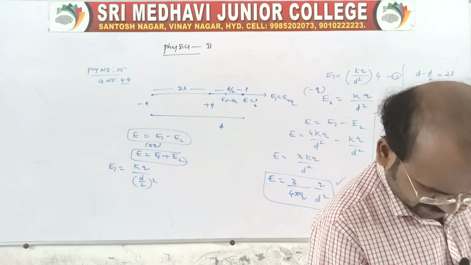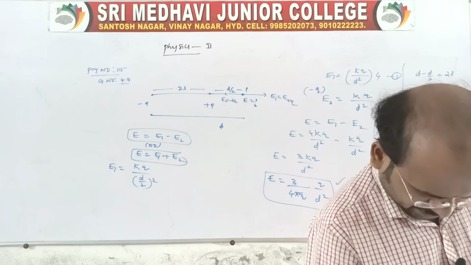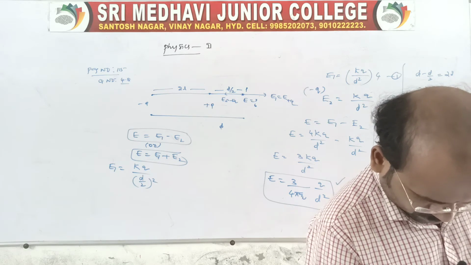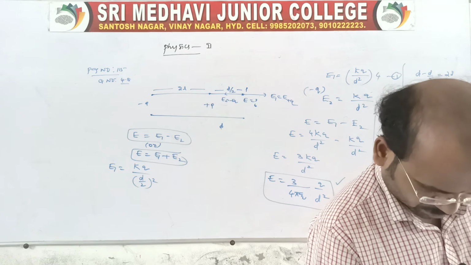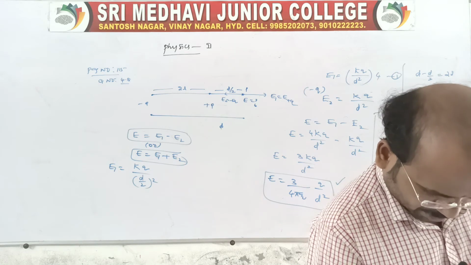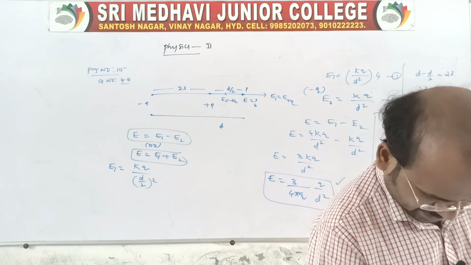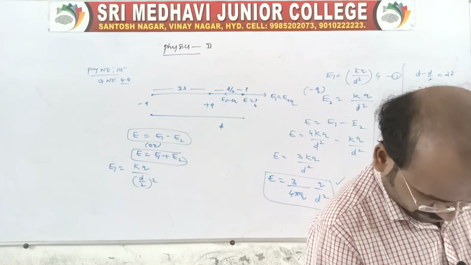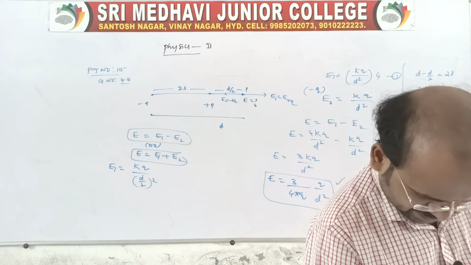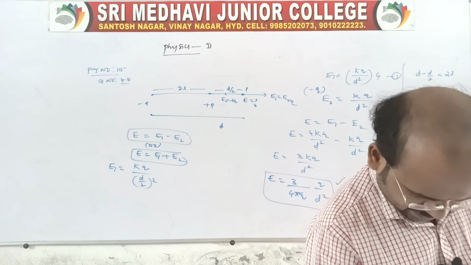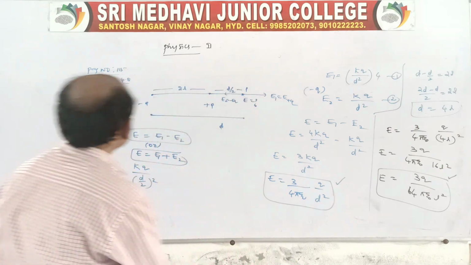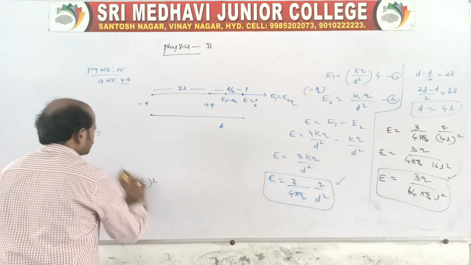Two point charges Q1 and Q2 of magnitude plus 10 power minus 8 coulomb and minus 10 power minus 8 coulomb respectively are placed at a distance of 0.1 meter apart. Calculate the electrical field at points A, B, C as shown in the figure. He is asking for point A, point B, point C. Of course, I will explain the diagram clearly, then after you do it as homework.